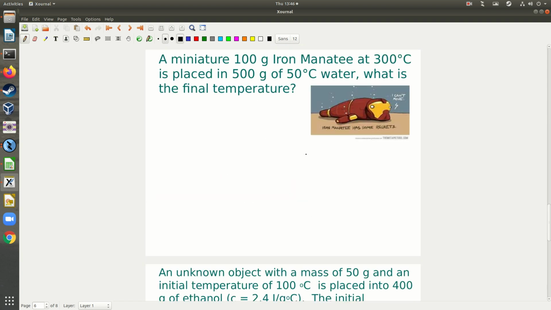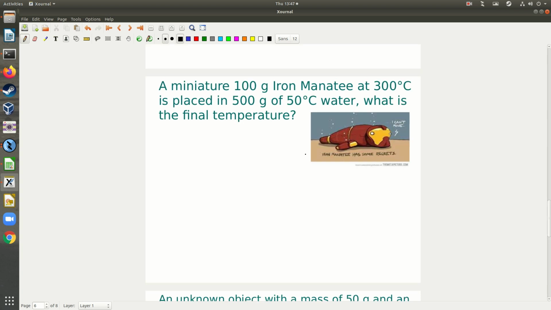So let's do an example problem. We have a miniature 100-gram iron manatee. It's just something to do. At 300 degrees Celsius, it's placed in 500 grams of water at 50 degrees Celsius. What is the final temperature? So since I'm looking for final temperature, I want to use the TF equation that I used earlier. And just to recall, that's M1 C1 TI1 plus M2 C2 TI2